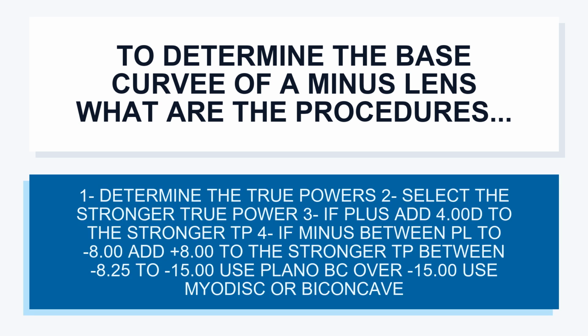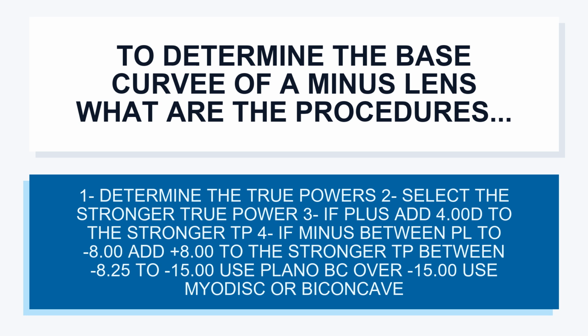To determine the base curvature of a minus lens, what are the procedures? 1. Determine the true powers. 2. Select the stronger true power. 3. If plus, add 4.00 D to the stronger TP. 4. If minus, between plano to minus 8.00, add plus 8.00 to the stronger TP; between minus 8.25 to minus 15.00, use plano BC; over minus 15.00,